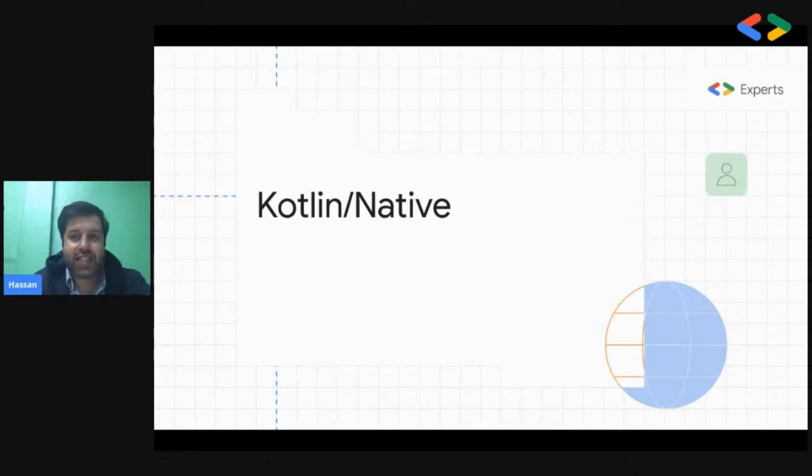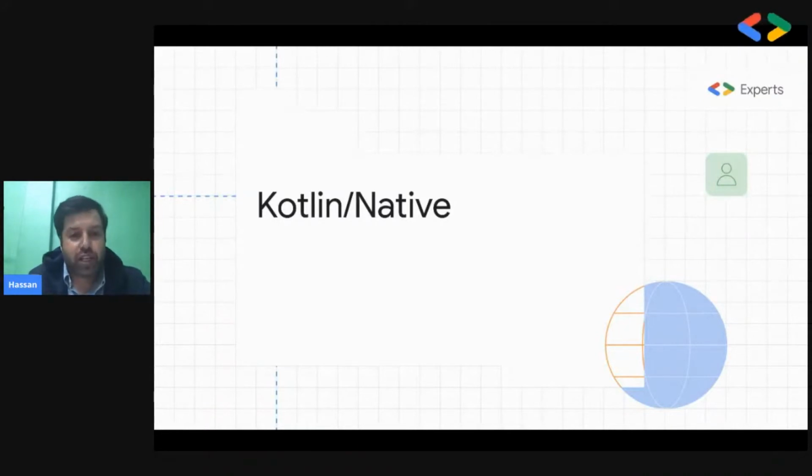Earlier, you heard a presentation about Flutter. Flutter can also allow you to make iOS and Android applications using the same code base, right? So Kotlin can provide you similar features. Previously, many developers had issues because you had to manually configure your project and everything. So today I will show you how you can use the Kotlin IntelliJ IDE to create a new multi-platform project and start writing code immediately.